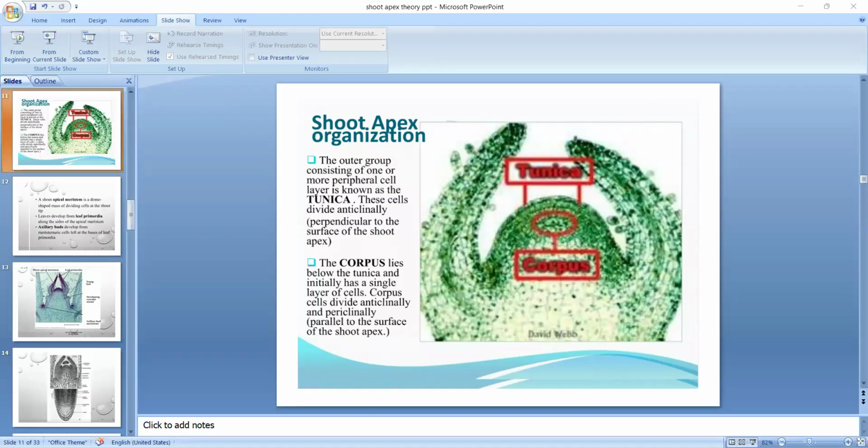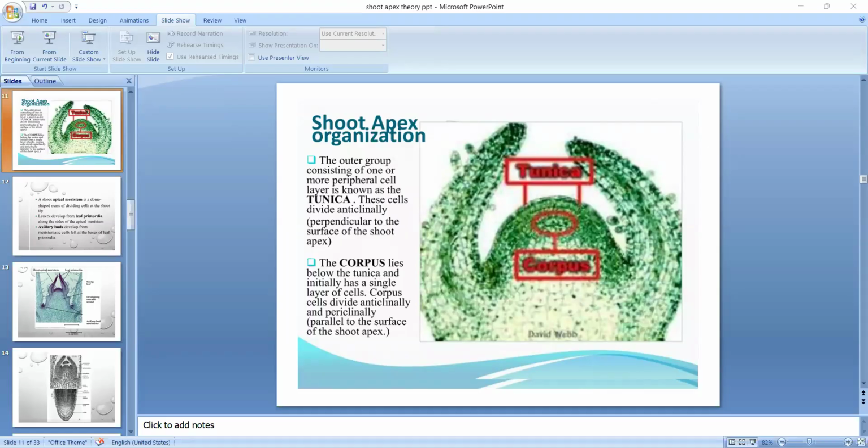Coming to the angiosperms, the shoot apex of angiosperms shows tunica corpus organization. So same like this. Okay. This is the tunica and the corpus formation we observe in the angiosperms. The tunica contains one or more peripheral layers of cells which divide in all planes perpendicular to the surface of the shoot apex or meristem. The corpus consists of a body of cells, several cells deep, in which the cells divide in various planes. Okay, that is the tunica and the corpus arrangement we observe in the angiosperms.